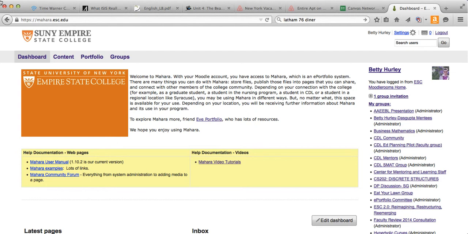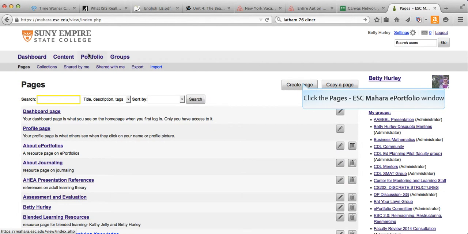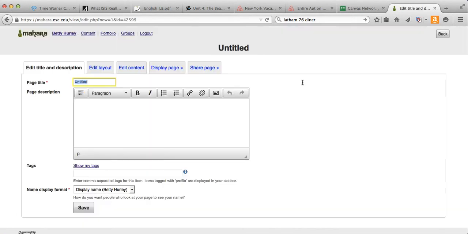I'm at the dashboard, which is what you get to when you enter into Mahara. And first I'm going to show you how to go ahead and create that page. Those of you who've done a journaling page already have seen this. So if you click on Portfolio and click on Create Page,